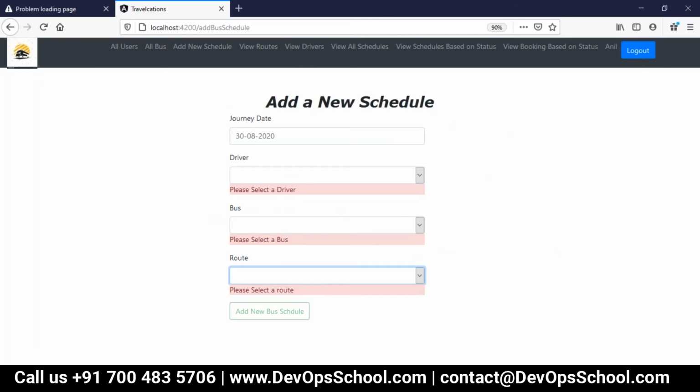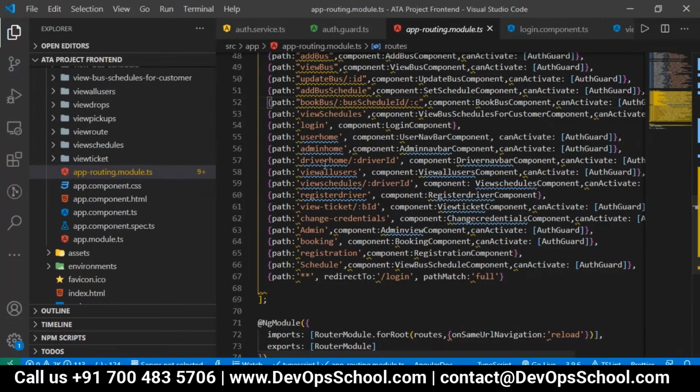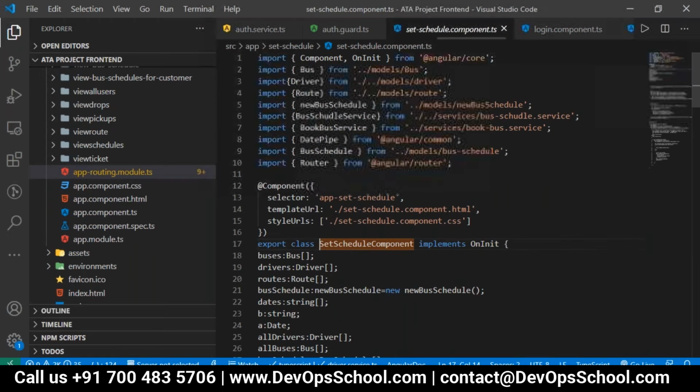So which is here, add bus schedule. For add bus schedule, we have a component which is called the set schedule component.